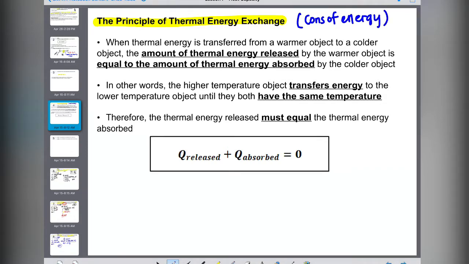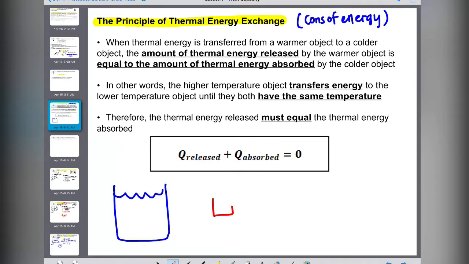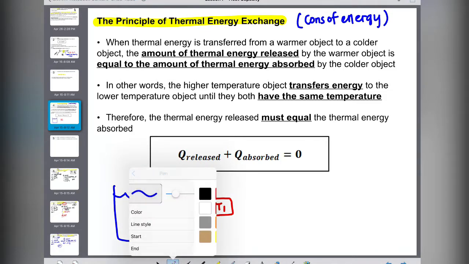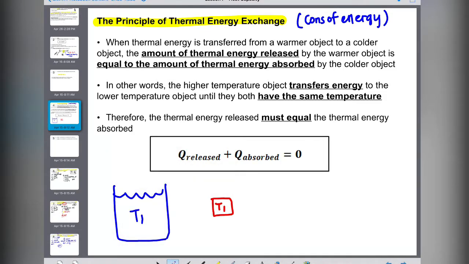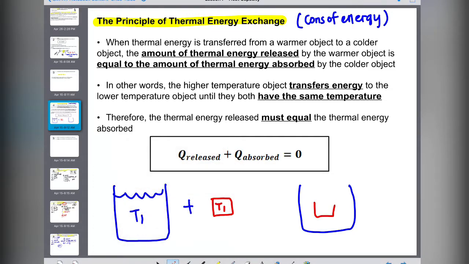For example, if I have a bucket of water, whatever mass it is, which is colder, it started off at whatever the initial temperature is, and then at the same time, we're saying that we have this block that is really, really hot, whatever the initial temperature is. So I'm going to call this T1 for the red, and I'm going to call this T1 for the water. And whatever temperature it started out with, if I now decided to dump this block into the water,